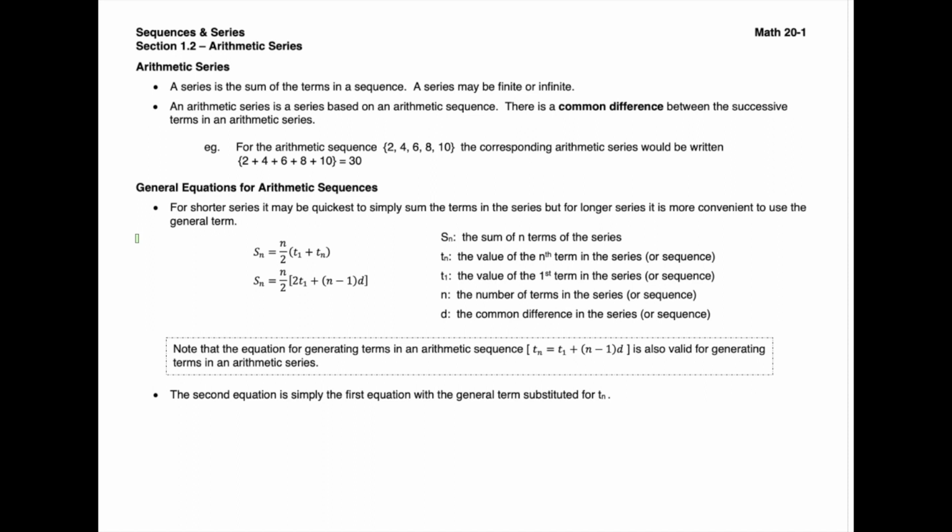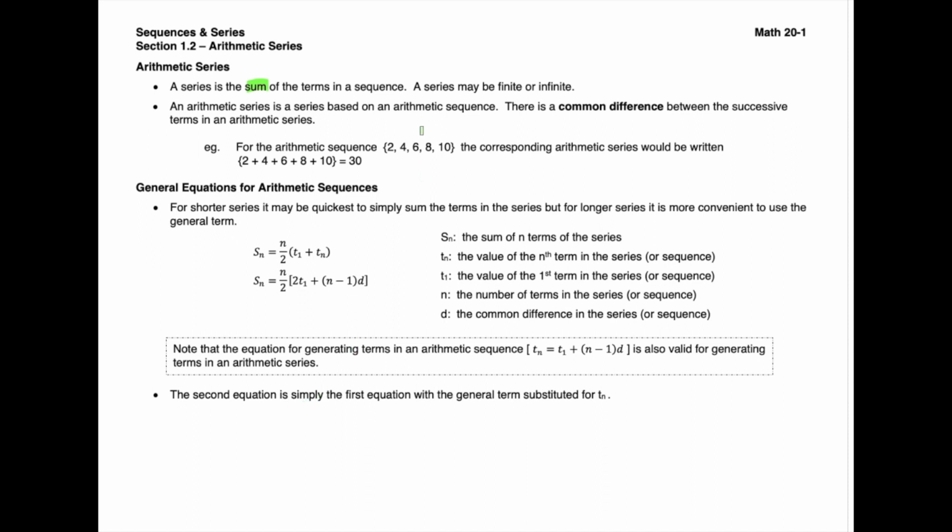Related to the arithmetic sequences is something called an arithmetic series. A series is based on a sequence, but we're changing all of those commas to plus or minus signs. So it's the sum of all of the terms in the sequence. We can write out the sequence with commas between each element, and to change it to a series, we replace those commas with plus signs, and then we can add